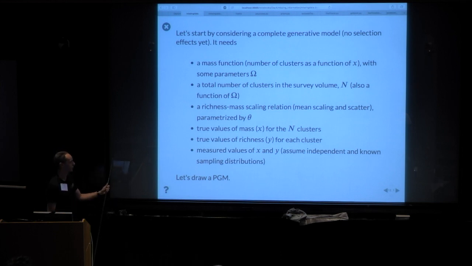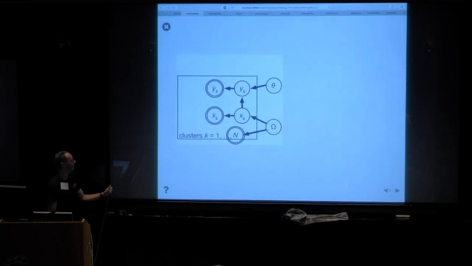We don't have to do this, but we're going to make our lives slightly easier and just assume that those measurements are independent. And we know what the error bars are, so that part is taken care of. So with that, let's draw the PGM. I'm not going to make you do it. It's pretty similar to what you have seen several times this week, because this is not the first time that we fit a line this week.